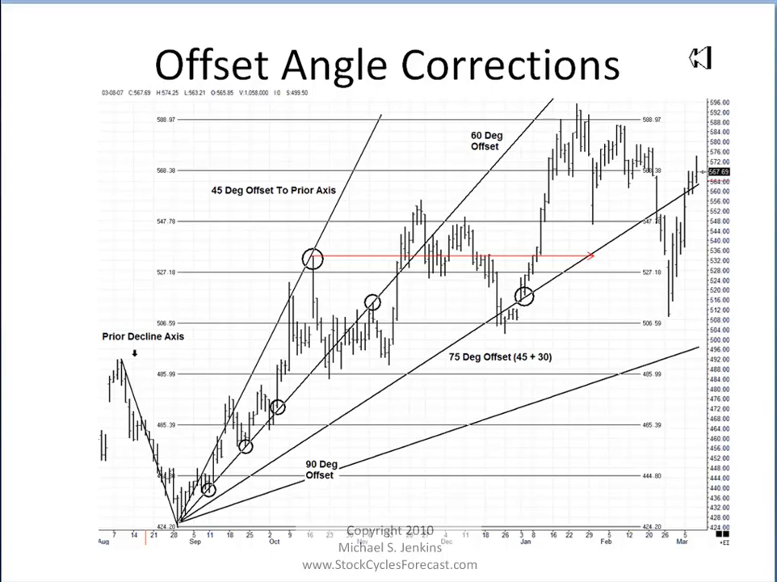Other types of angles can be offset angle corrections. You measure an angle of a prior decline, and then offset to that angle you put on your angles. What I used to do is